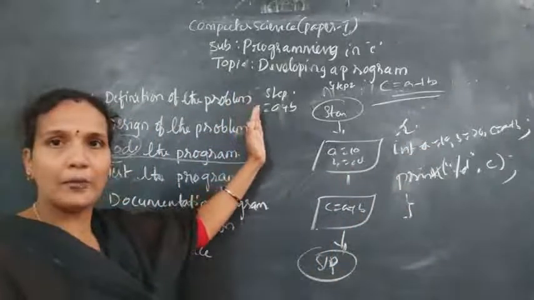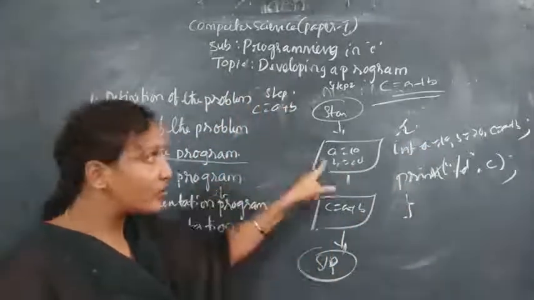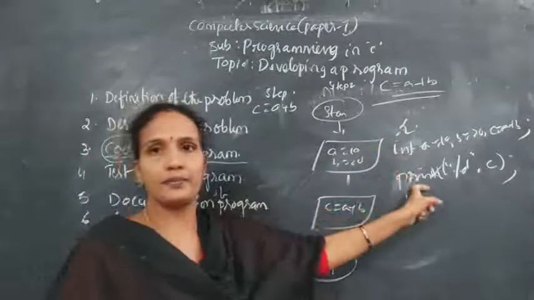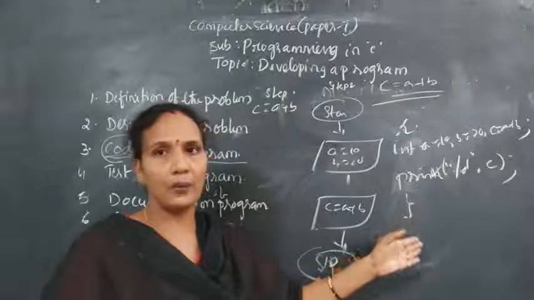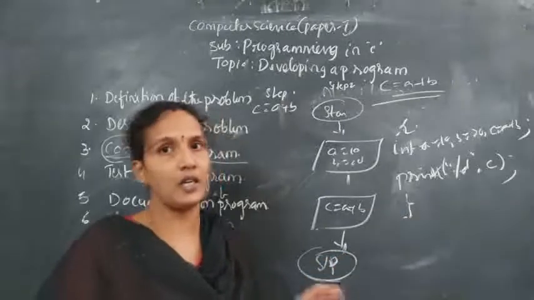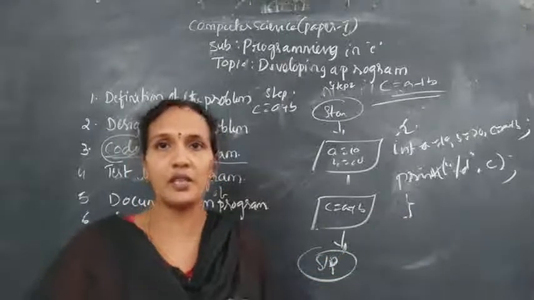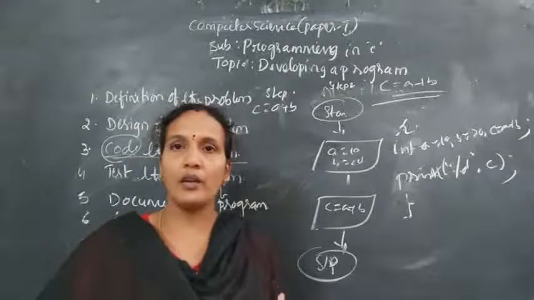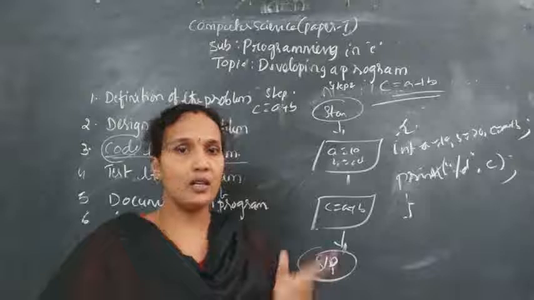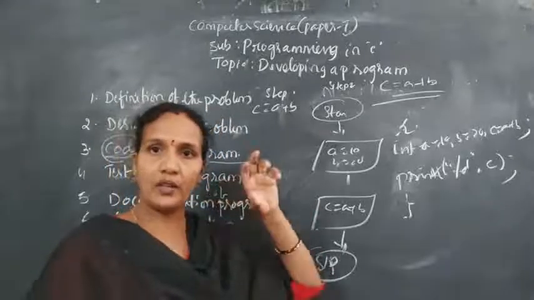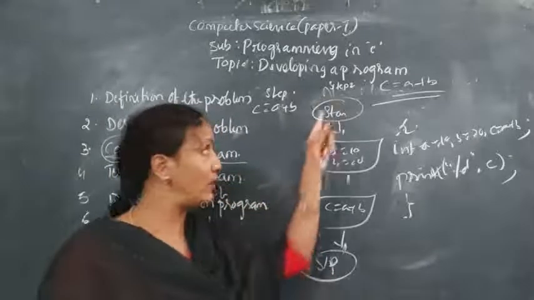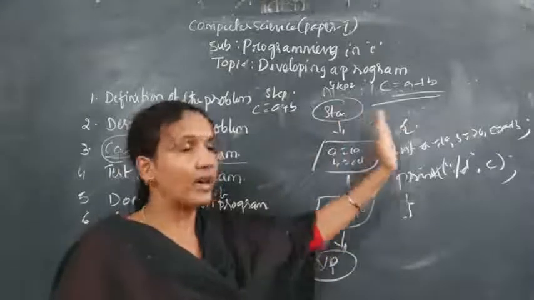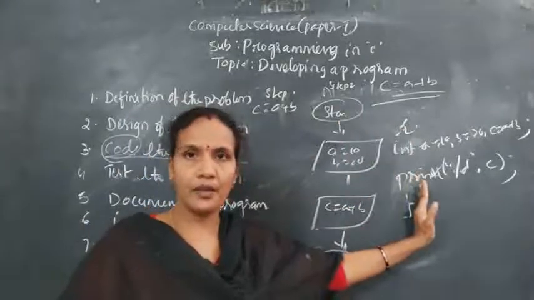So based on step 1, I have created the model. Based on this model, I have written the code, the program. So this is the third step. Here I have used C programming. If you want, you can use C++ or Java also. The only thing is the procedure. First, the requirement: what the user is expecting, for what purpose you are writing a program. That is nothing but the definition of the program. Whatever requirement you have given in the first step, based on that we design the model in the second step. Next, based on that model, we write the program in the third step. Clear?